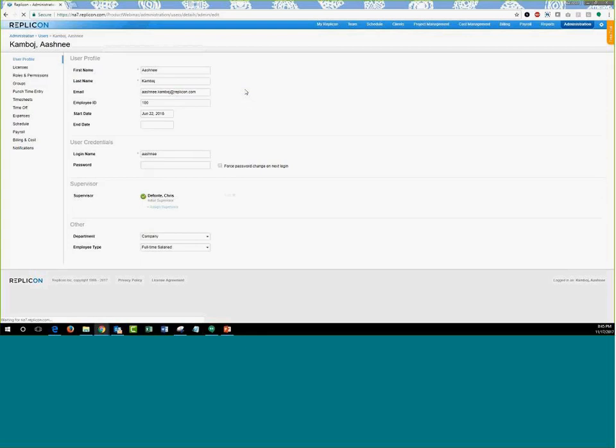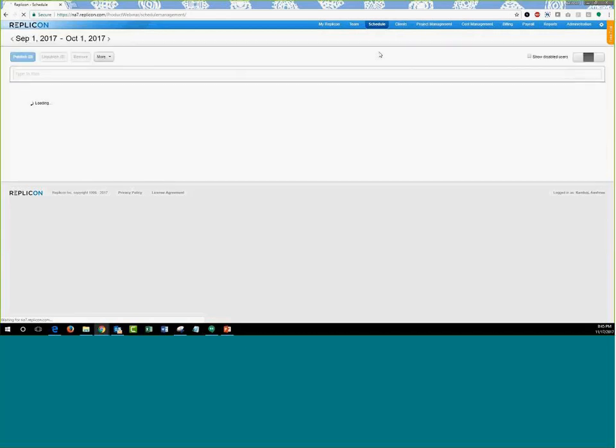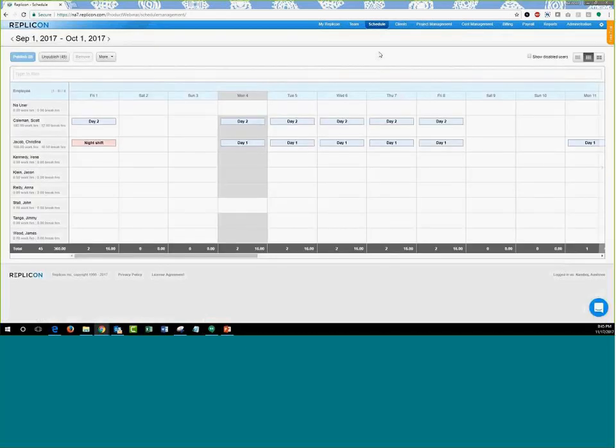Apart from setting up at global or at the user level, the time offs can also be viewed while you're performing schedules. So if I go over to the schedule tab, where you can assign shifts to people, you will see that the dates when there is a holiday that the user has taken, or a holiday that the organization has been observing, the day is grayed out. And if you hover your mouse over it, if it's a holiday, you will see the name of the holiday that's being maintained. So you know how and when to schedule people, and you can have your scheduling done in a much better way.